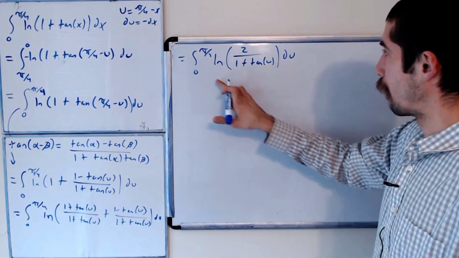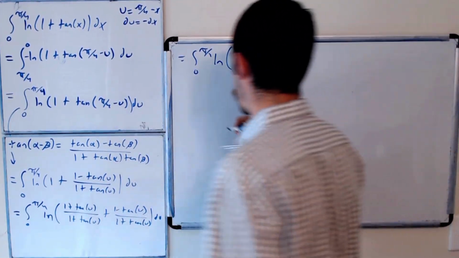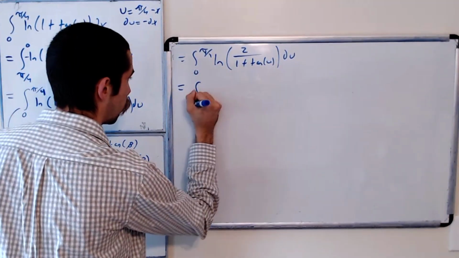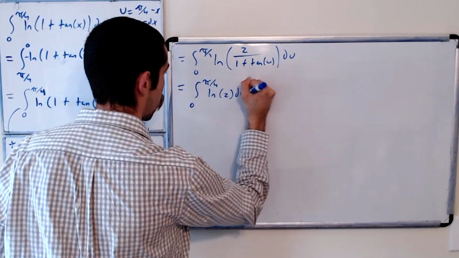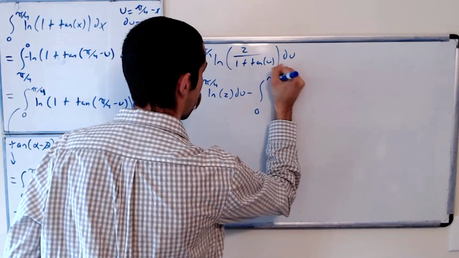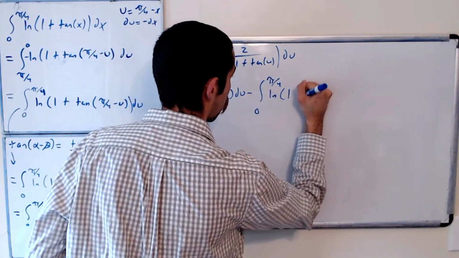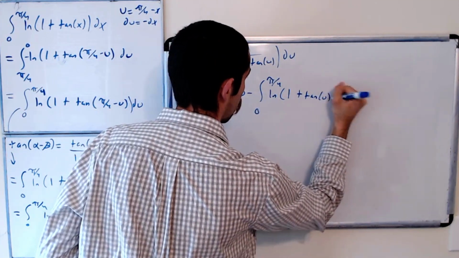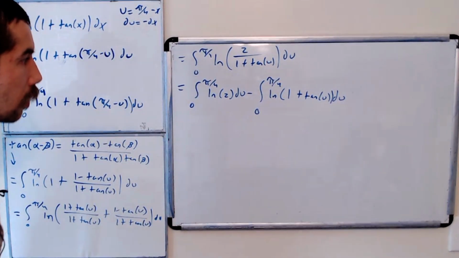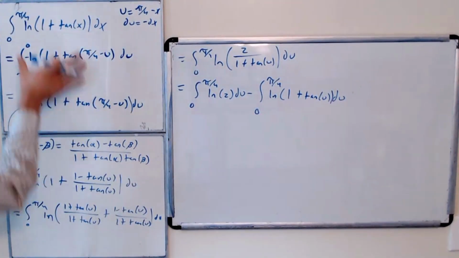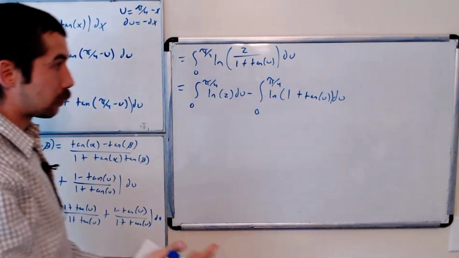Okay, and we could break this apart using log rules. So this is equal to the integral from 0 to pi over 4 of ln of 2 du minus the integral from 0 to pi over 4 of ln of 1 plus tan of u du. But this is exactly the integral we started with. The only difference is we have the letter u instead of the letter x, but it doesn't matter because